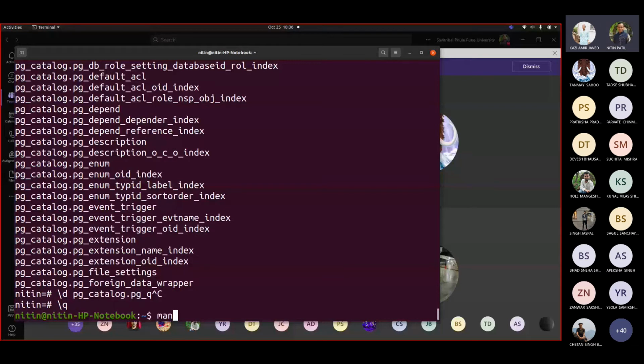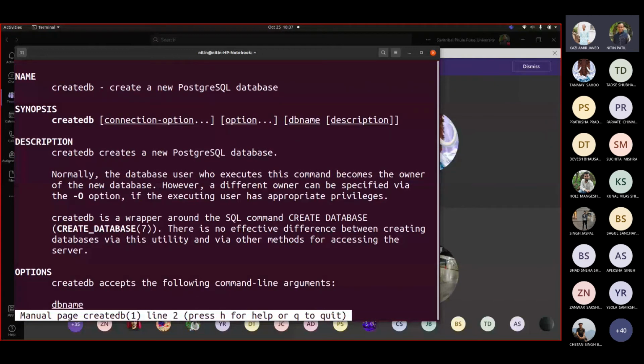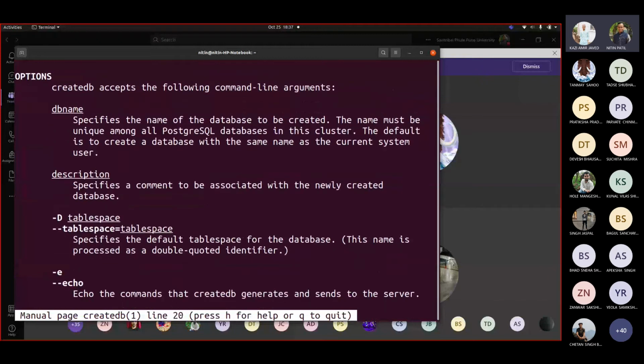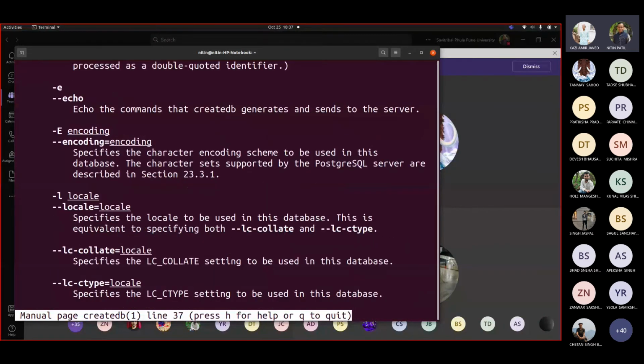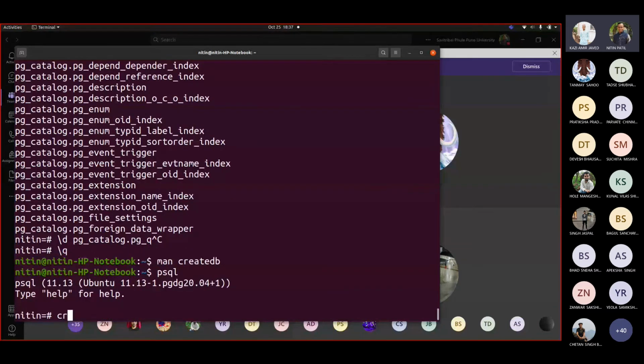You can try that on your laptop too. Whenever you fire this command, it shows you that it creates a new PostgreSQL database. There are some options, so it is used as a shell script or a program. Now, this is a shell script. Similarly, when you go to psql and write CREATE DATABASE, this is a SQL command.